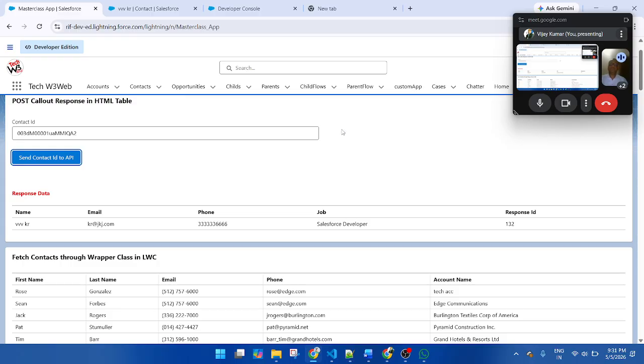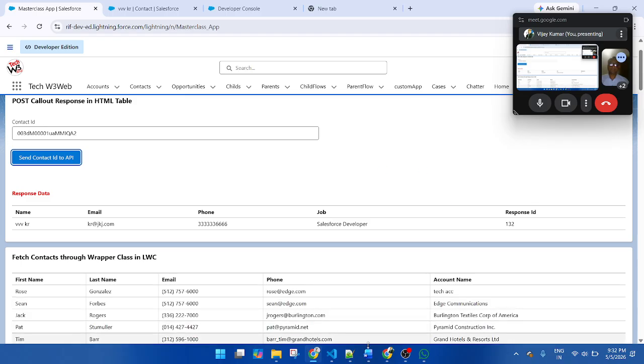Because I am working on local. If you are working on the live server with a long data set, that time it will display for a while. But my data is little slow. Only one record is returned, so it returns very fast. If you are returning huge data, a large number of records, that time the message will stay a little longer. But in my case there is only one record and I am working on the local server, so it is very fast. But the function is working properly.